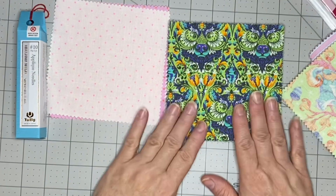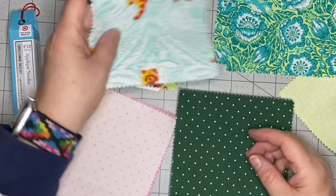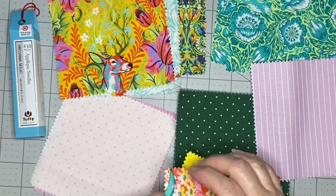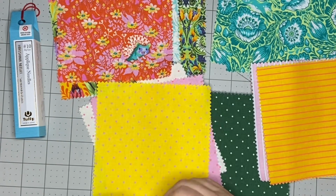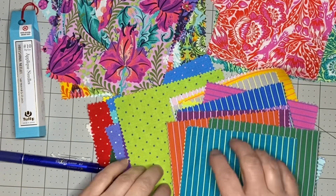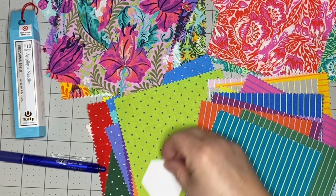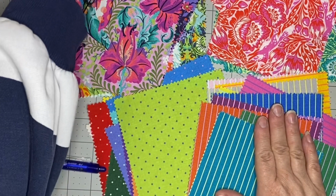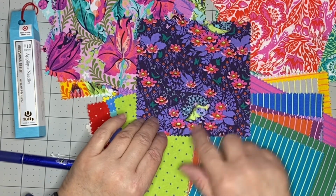First thing you're going to do is you're going to pick the 16 pieces that you want to make into your needle book. I'm going to sort mine by beasts, florals, stripes, and polka dots. With the stripes and the polka dots, I can lay my pieces anywhere in there, and I'm going to get a stripe or a polka dot. So I don't need to worry too much about that. With my fabrics that have the animals, if I want to make sure that I'm going to get the hedgehog in,